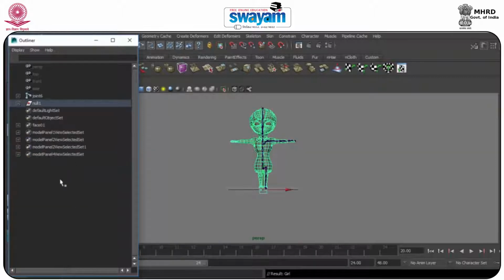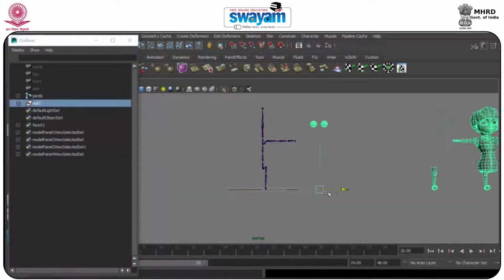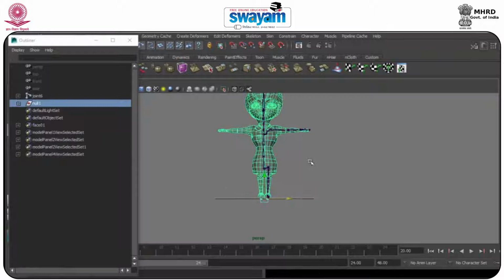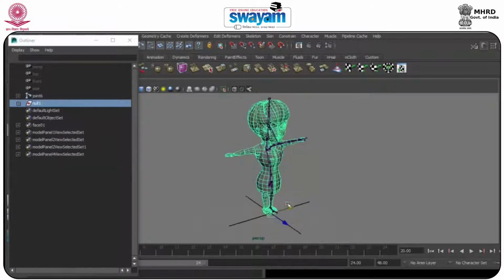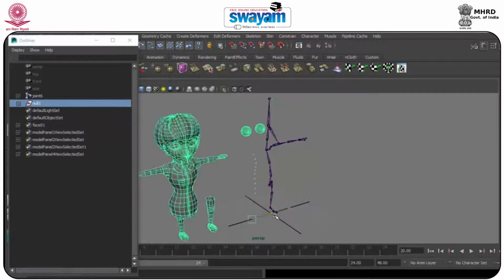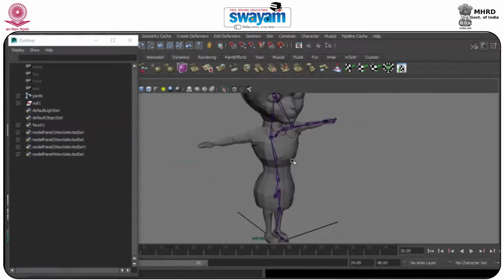So whatever I want to edit, I will select this null and do the same, because each and every coordinate and each and every model is displaced by its own coordinate. That's why it's showing like this, so you don't have to worry about it.